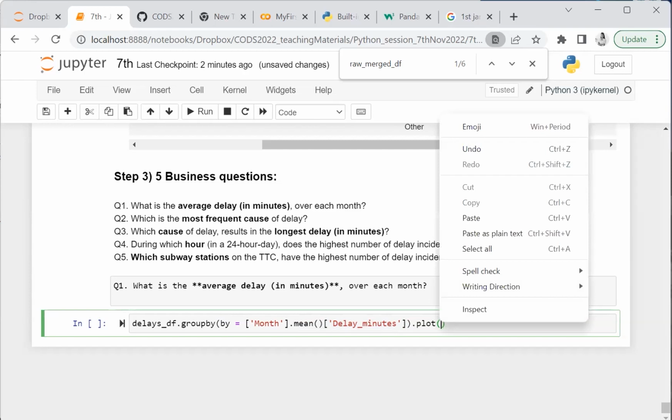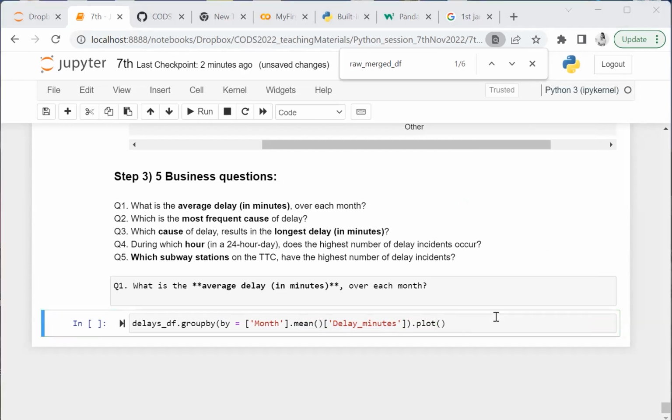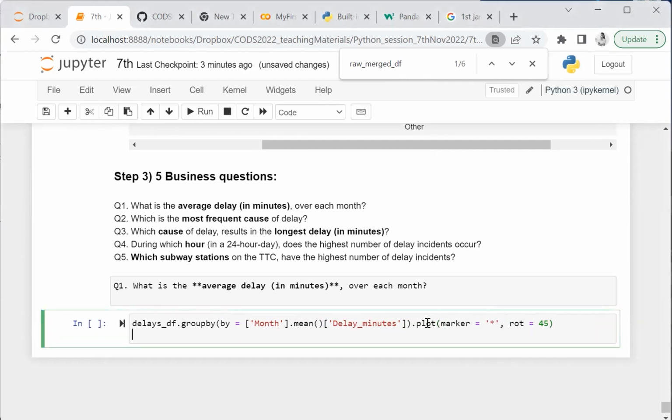So I'm going to write marker is equal to asterisk, and maybe you want all the values along the x-axis to be at a certain incline. So rotation equals 45 degrees, and this particular plot,